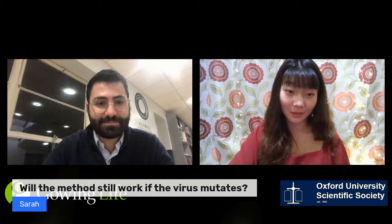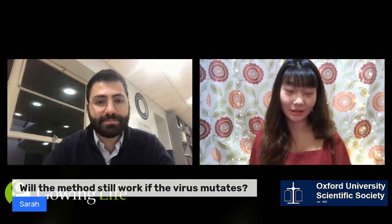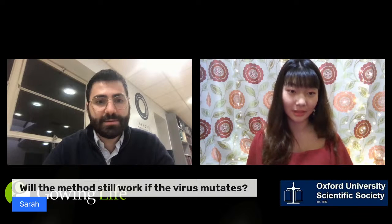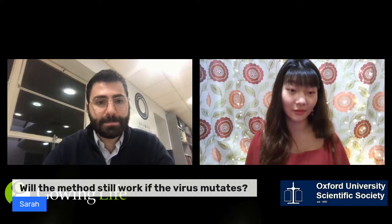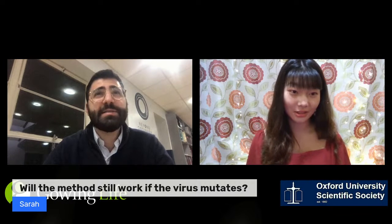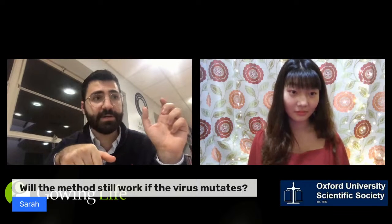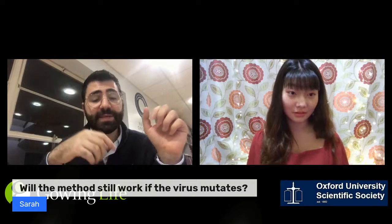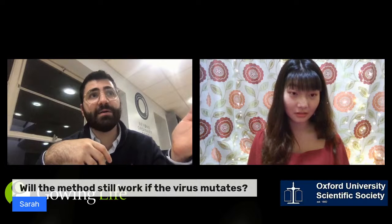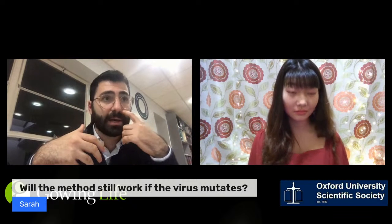Will the method still work if the virus mutates? Because you said that the probe or the calcium chloride actually sticks to the envelope proteins, which presumably could change if the virus mutates. So it sticks to the membrane, not the proteins on the surface. But certainly, if something changes on the surface, it will have an effect because there are lots of different interactions